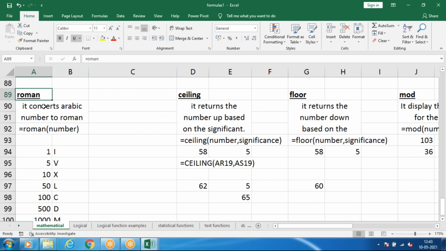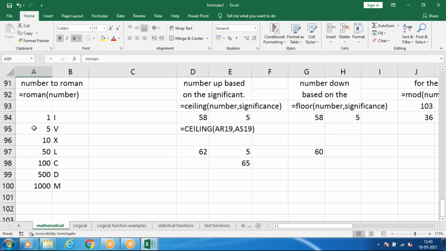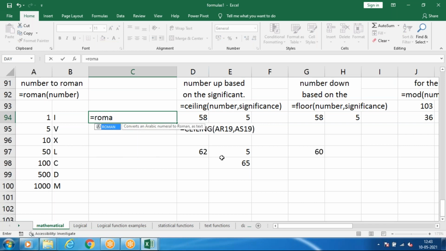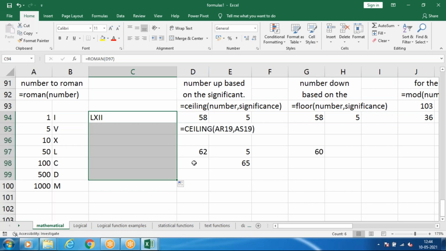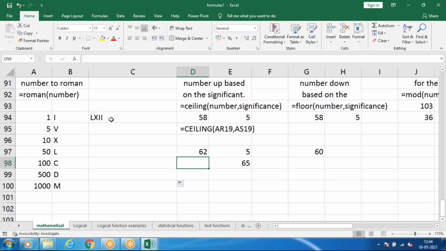And after that, Roman letters. If you want to create Roman numerals in Excel, for example 1 means how much, 5 means how much, 10 means how much, you just have to use the formula equals ROMAN and a tab. Then the number, which number you want. For example, for 62, I want to find the Roman number, and give enter. So it will find the Roman number automatically. And scroll down. We don't have any values in the bottom, so only for 62 we have found.